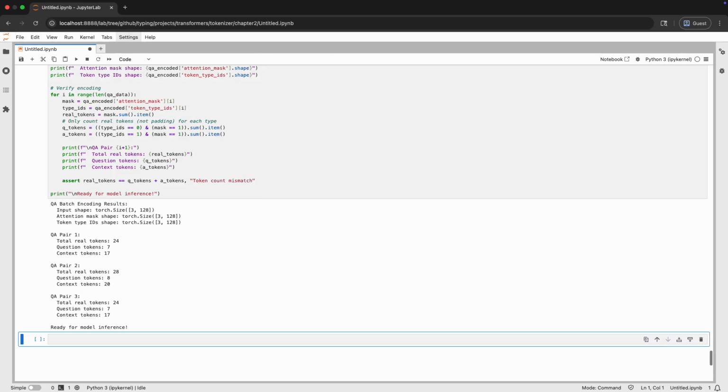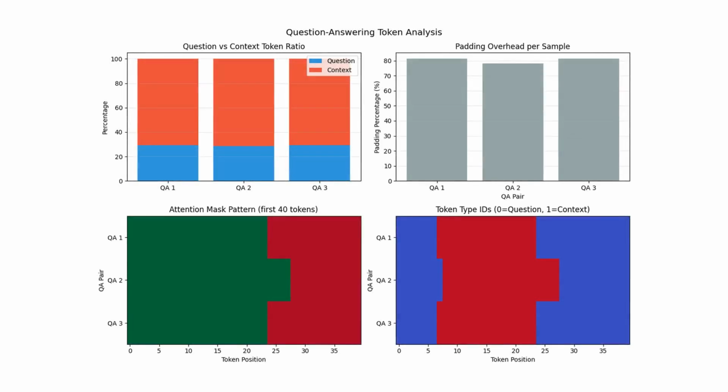Let me create a comprehensive visualization of the token analysis for our QA pairs. These visualizations provide deep insights into our QA tokenization. The token ratio chart shows questions typically use about 30% of tokens, while contexts use 70%. The padding overhead is very high at 81.3% average because we're using a fixed max length of 128 for relatively